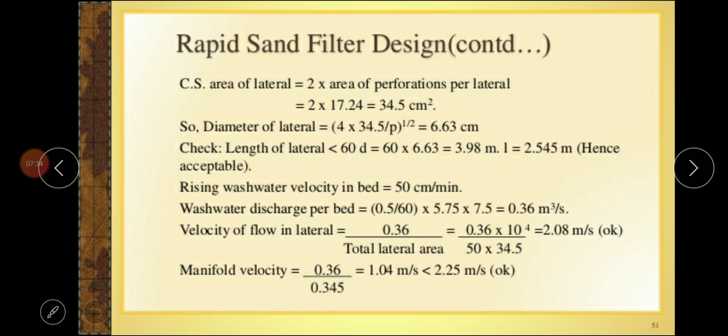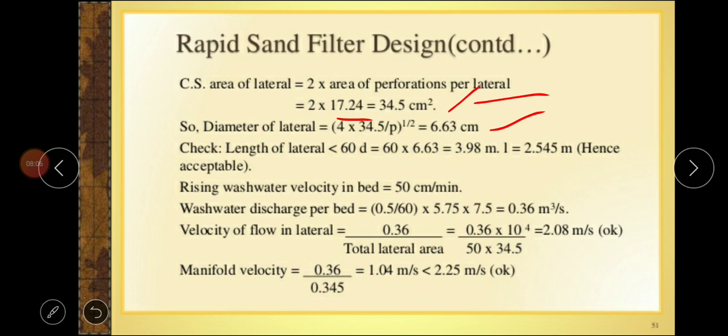Cross section area of the lateral is equal to 2 times the area of perforations per lateral, that is 2 into 17.24, is equal to 34.5 centimeter square. Diameter of lateral is equal to (4 into 34.5 divided by π) to the power 1 by 2, is equal to 6.63 centimeter. So here one condition is there, the length of the lateral